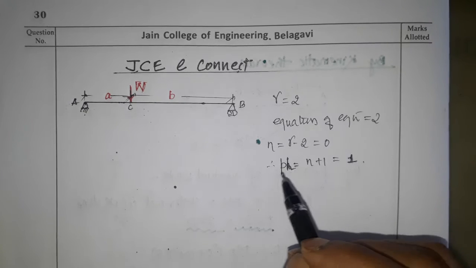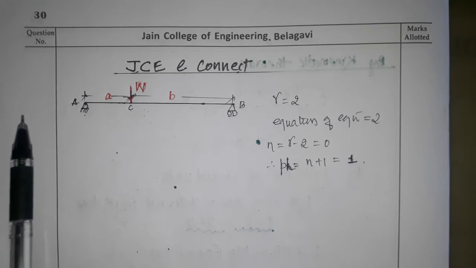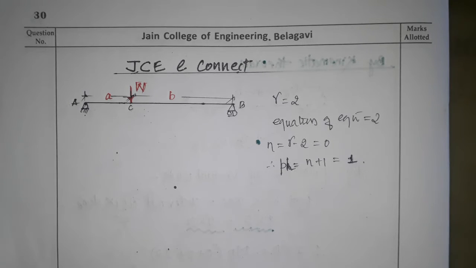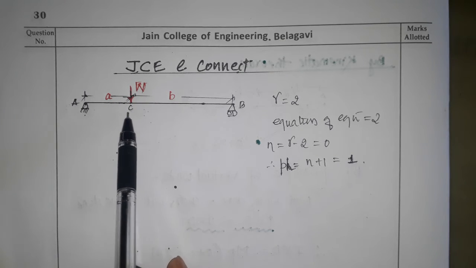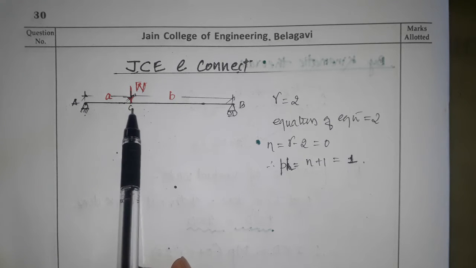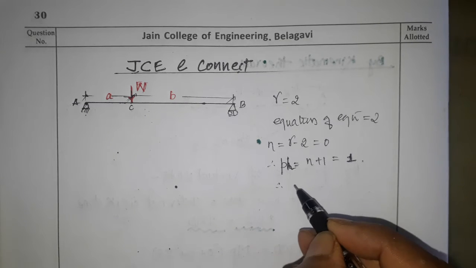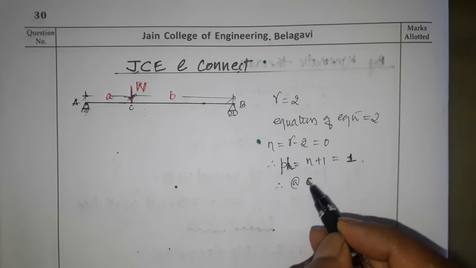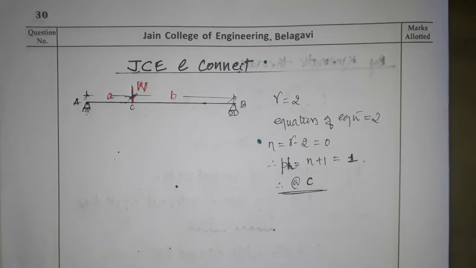Understood? There are different conditions, based on support, based on moment of inertia, based on the maximum moment, and based on the load, which here is a concentrated load. So again we will consider the plastic hinge below the concentrated load, at C. Plastic hinge required is 1, so at C. We will solve again by both the static theorem and the kinematic theorem.